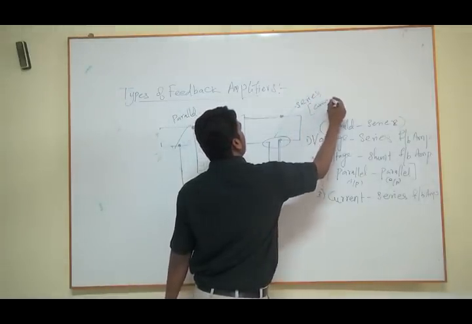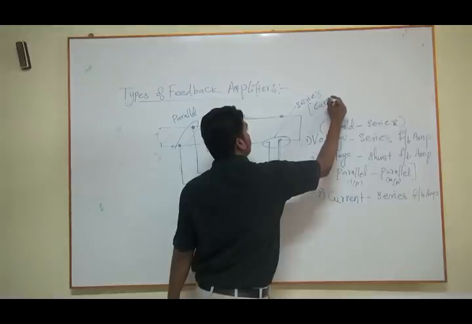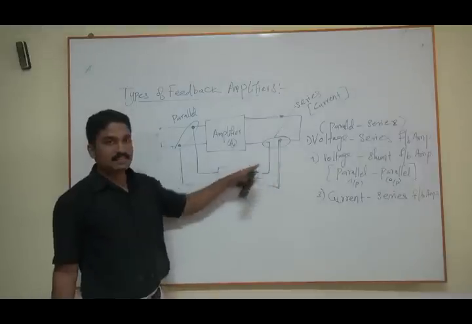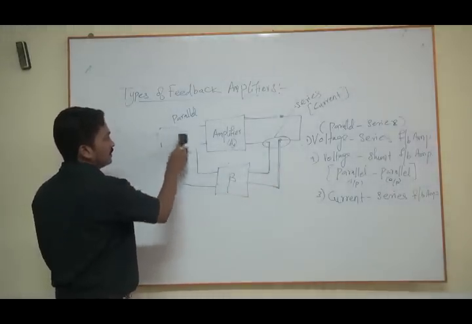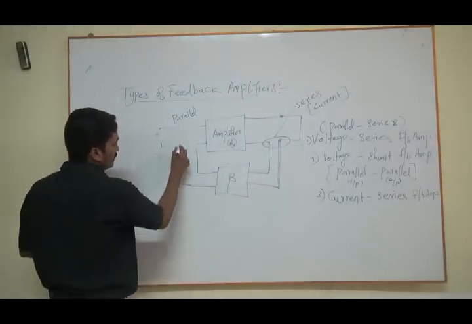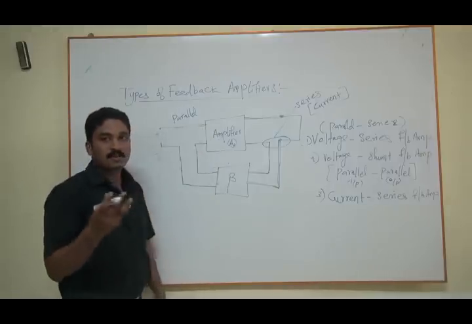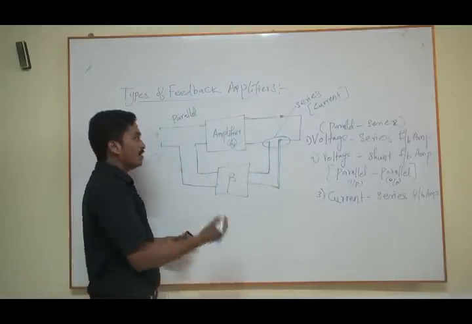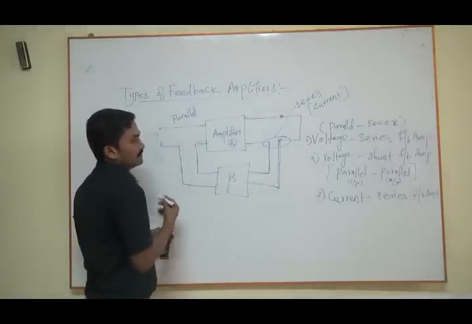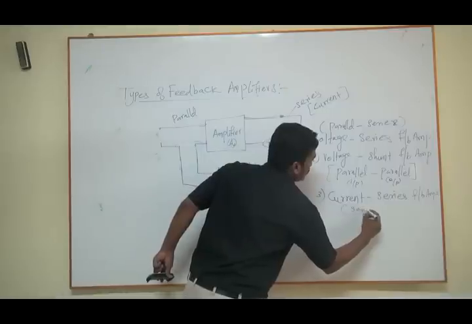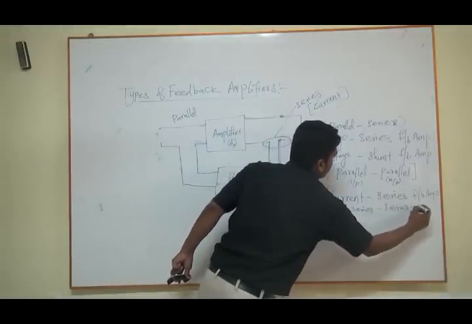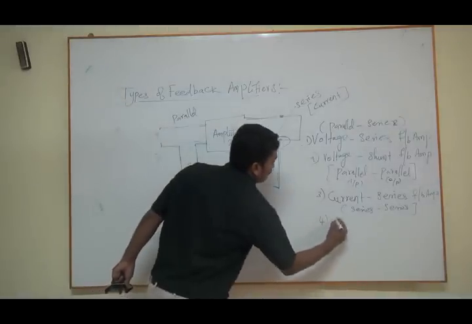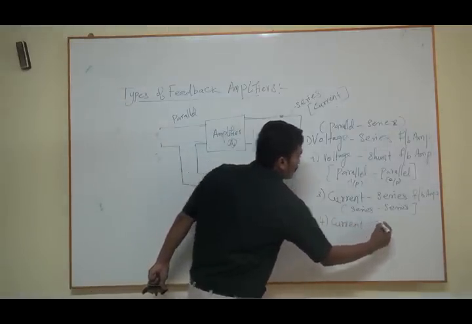it draws your current, and you can take that and connect either in series or in parallel. If I connect in series, that is going to make some changes on the voltage, and that is called a current series feedback amplifier, or series feedback amplifier. And another type, current shunt.